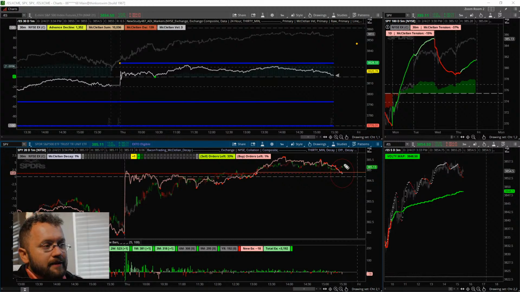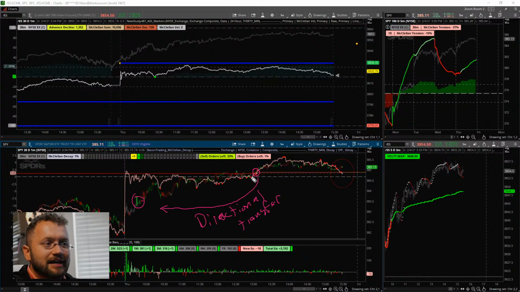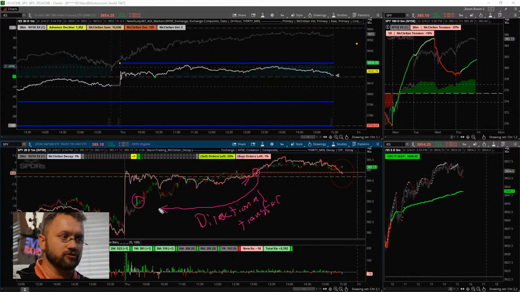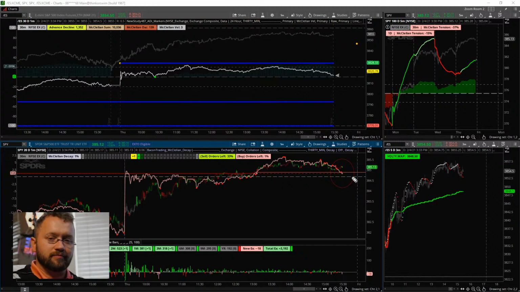So I think the market needs to know they're here, because it's a directional transfer. These guys can pay these guys, but these guys cannot pay these guys. So the money can only flow one way because they hedged with options. It's a directional transfer. So the market needs to know they're there, because the market can't be paying for these things. So, are you guys going to pay? Yeah, we're going to pay. Okay, cool. And then we could start making our way up to find their stops. And that, again, will look like an acceleration.